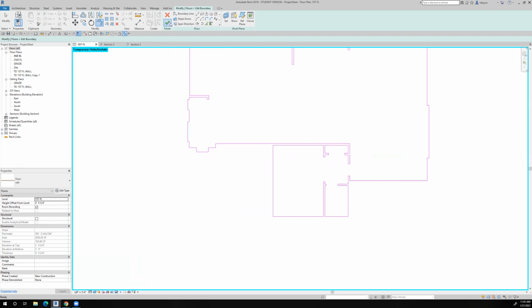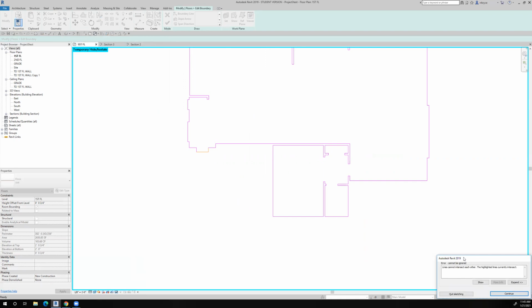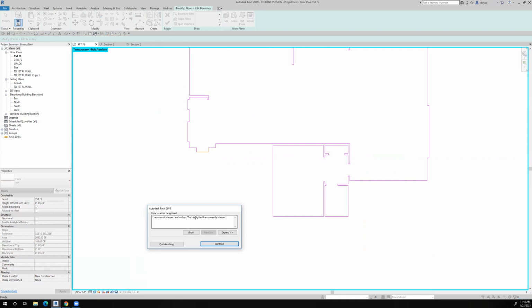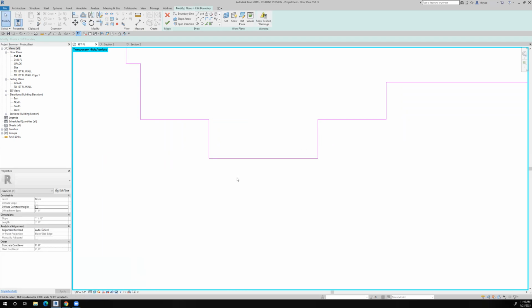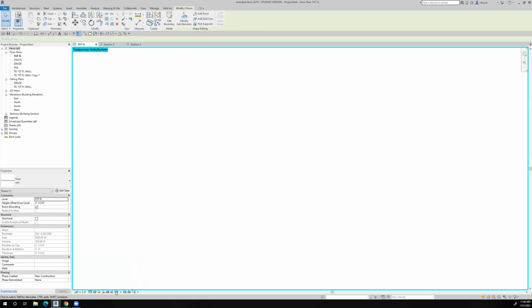I'll say okay to that, and they're telling me that the highlighted lines intersect, so there's an issue over here. I'm not sure what that is, so let's delete this line and see if there's another one underneath it. Yes, in fact there is. So I'll say okay there. All right, so now